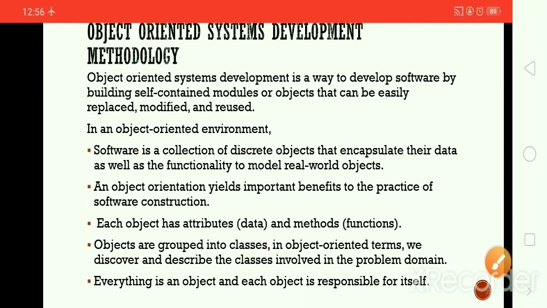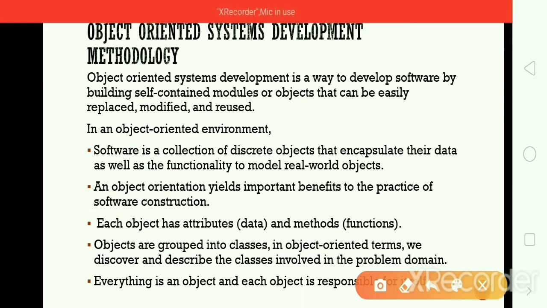In object-oriented terms, we discover and describe the classes involved in the problem domain. For example, if you want to develop a software application, you need to study the problem domain and the requirements given by the client.